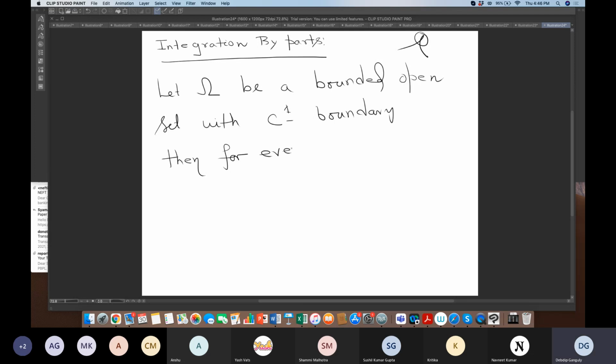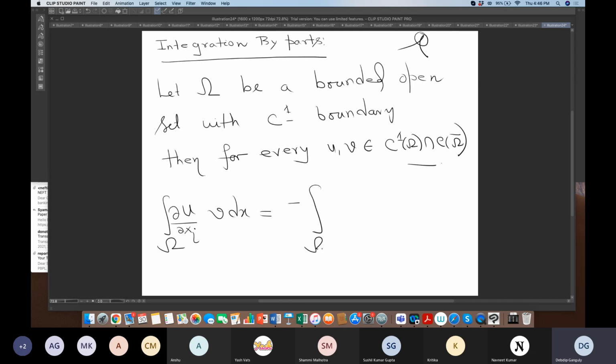For every u, v belonging to C1(omega) intersection C(omega closure), this holds: the integral over omega of u del v by del xi dx is equal to minus the integral over omega of del u by del xi times v, plus the boundary term, the integral of u v nu i d sigma, because the boundary measure is one dimension less than the omega measure. This I have done already. Okay, where